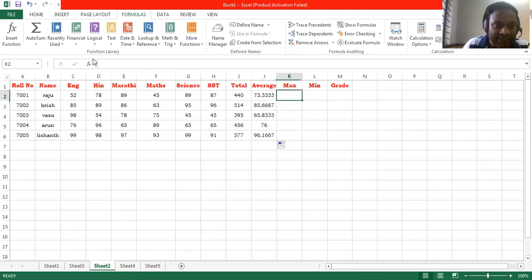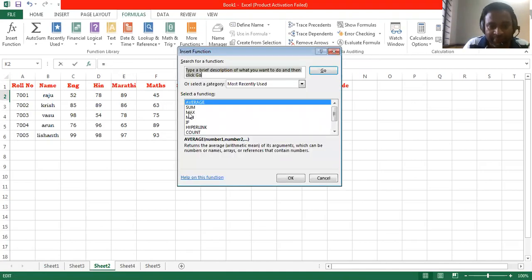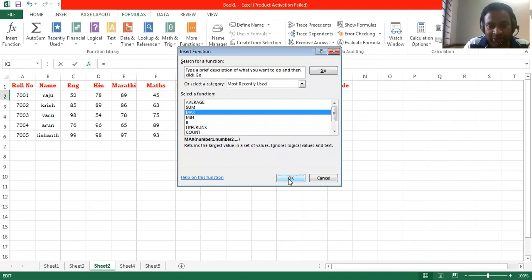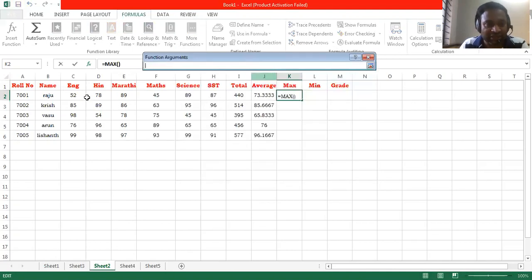Even for finding the maximum, you can follow the same steps. Select the maximum and click OK, and select the cell addresses to find who got the maximum score, in which subject the students got the highest marks.